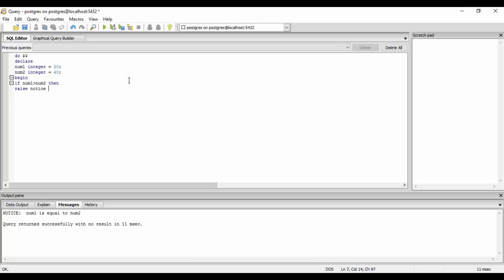notice. I'll talk about raise notice in a later tutorial. It is basically used to raise some exceptions that we'll use in exception handling. I'll talk about it in the coming tutorials, maybe two or three tutorials next. We'll just use the statement to see the output as a notice now. So we'll just use 'num1 is greater than num2'